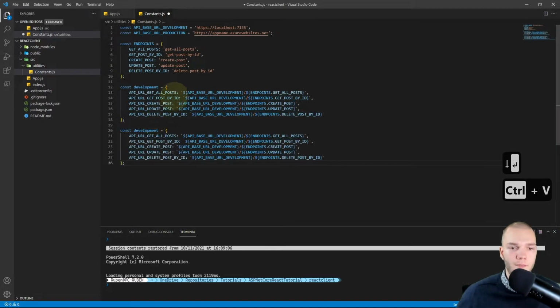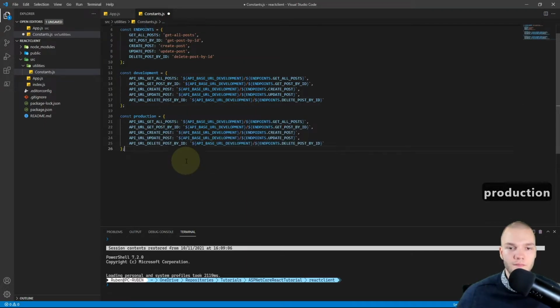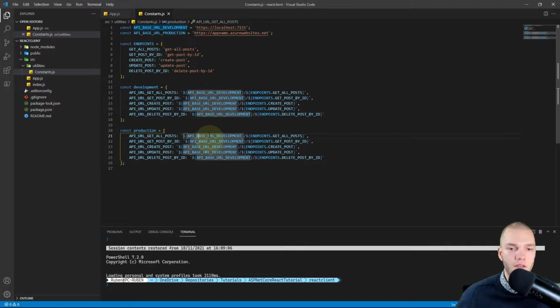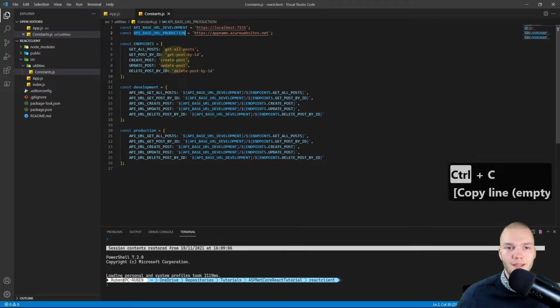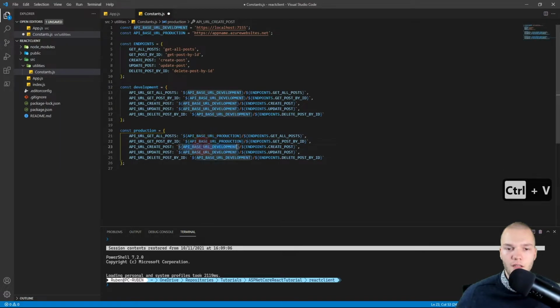I'm going to copy and paste that and change it to production. And I'll just change the values of this base URL to be production instead of development. So I'll select that, copy, and just double click them all and paste.